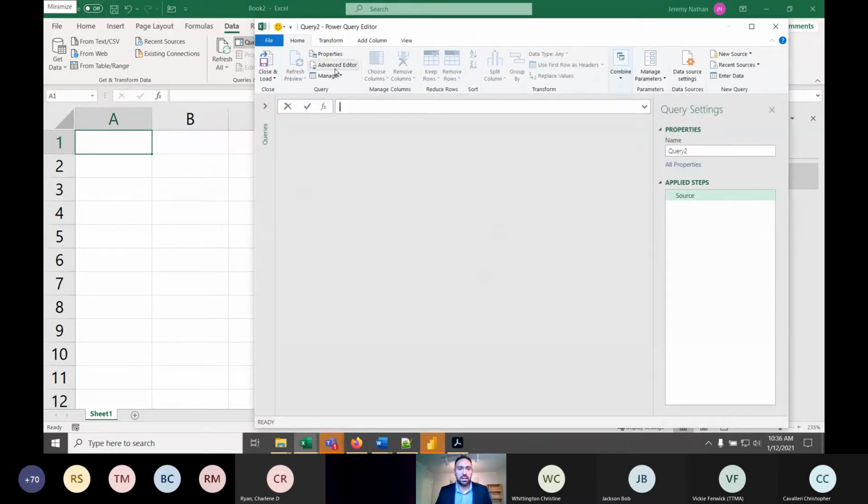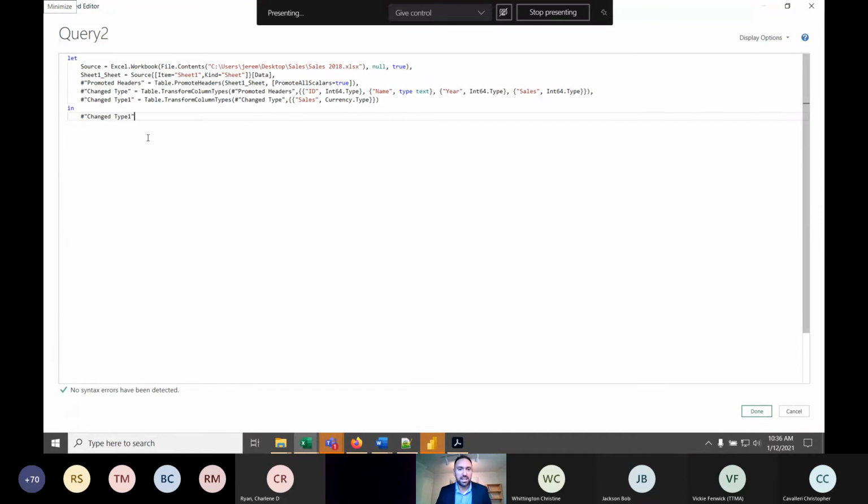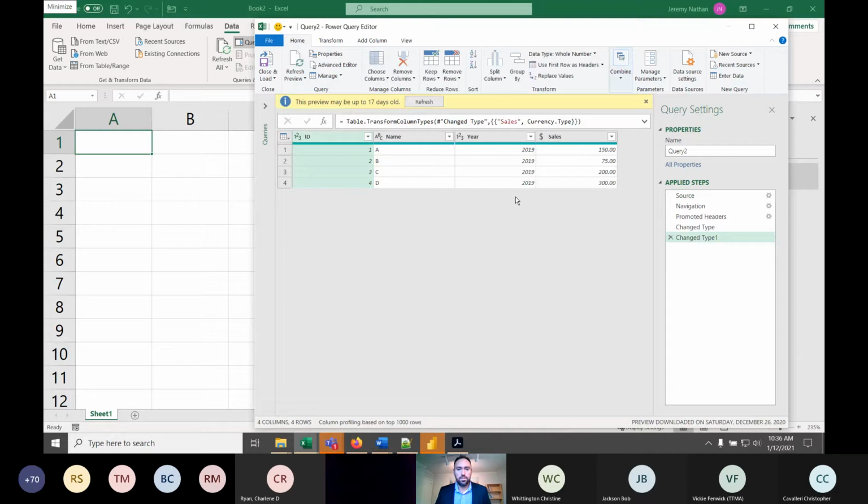There's nothing in here. I'll click Advanced Editor, select this, Control V to paste it. Here I change that 2018 to a 19 to get in the other data. Everything else I can keep the same. Click Done. And here we go, the 2019